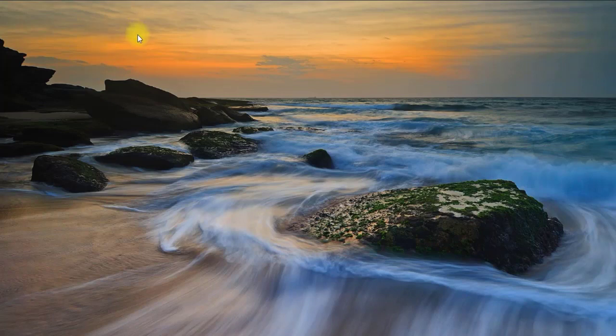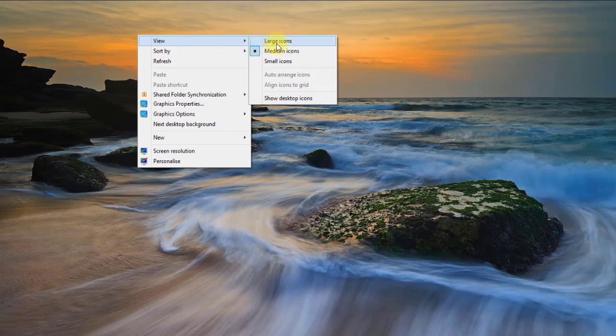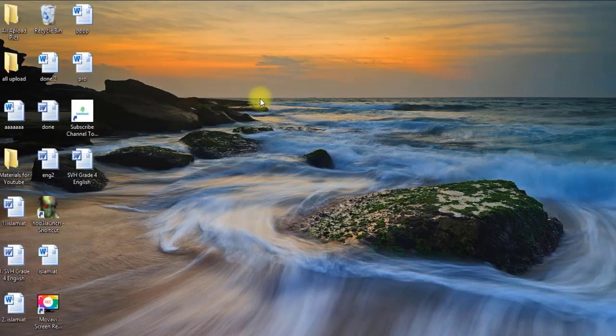Now you just need to right click again, and if you want to bring them back, right click again, bring your cursor on the view option and click on show desktop icons, and now here are your icons back in their